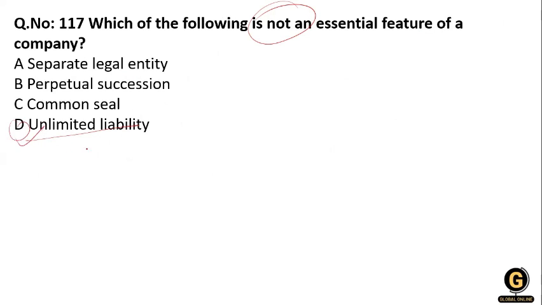You know that a company is a voluntary association of persons recognized by law, having a distinctive name, common seal, formed to carry on business for profit, with capital divided into transferable shares, limited liability, a corporate body, and having perpetual succession. These are the essential features of a company.